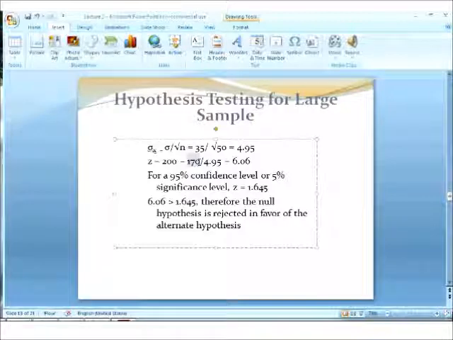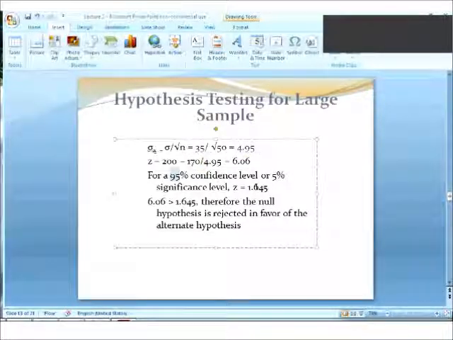This is what we claimed. So 200 minus 170 divided by the standard error gives 6.06. Now the company that wanted to conduct the test says they are 95% confident about their claim, which means the